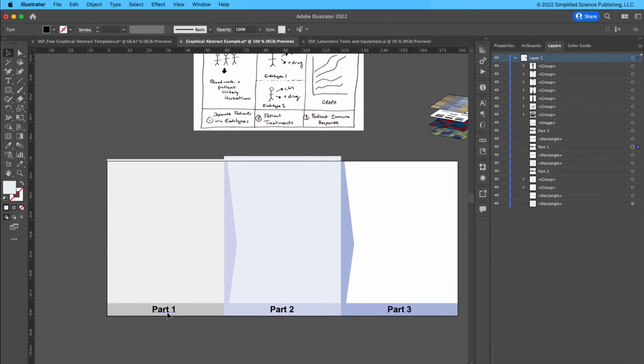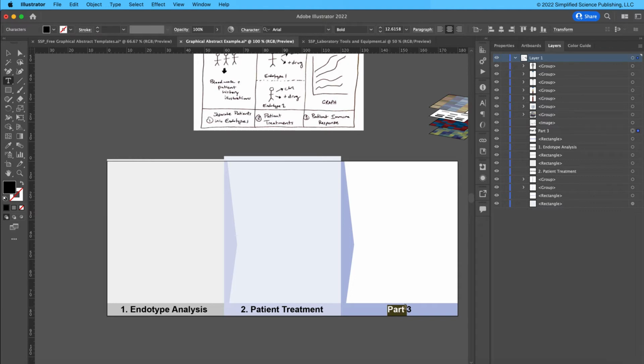And I'm just going to start to add in some of the text. So I'm going to click on this text element, double click, highlight, and then start typing to replace, so that this part 1 will read endotype analysis. So this is an important step in the study where they're going to separate the patients into different disease endotypes. Double click part 2, type patient treatment, type 3, type